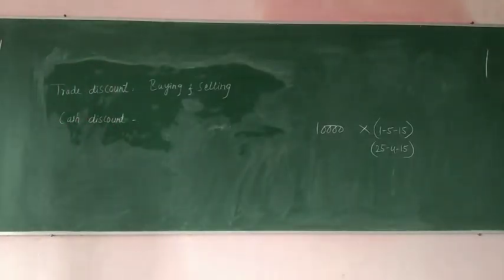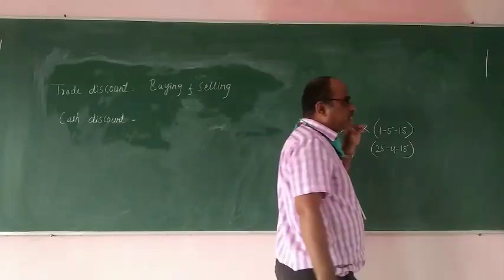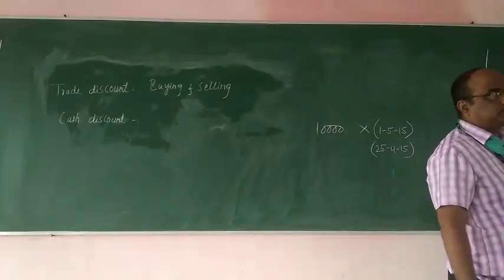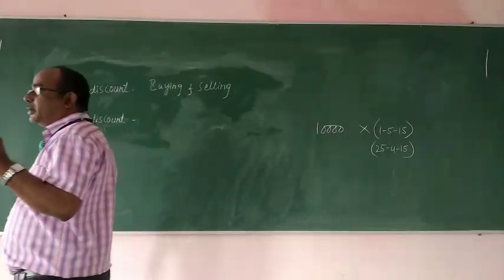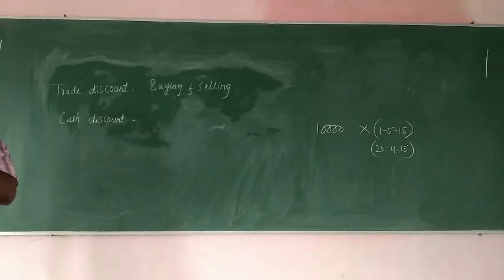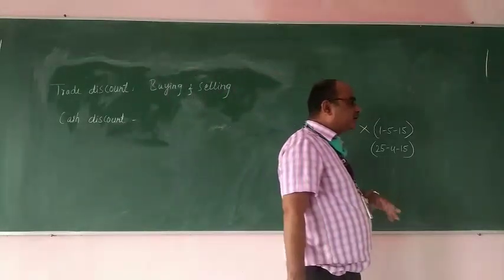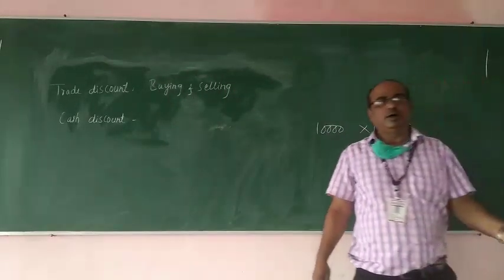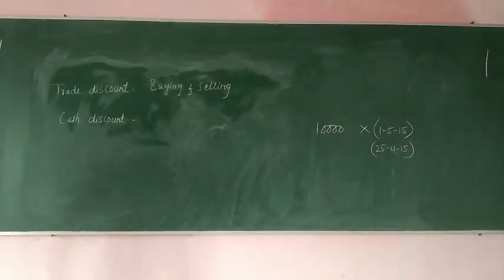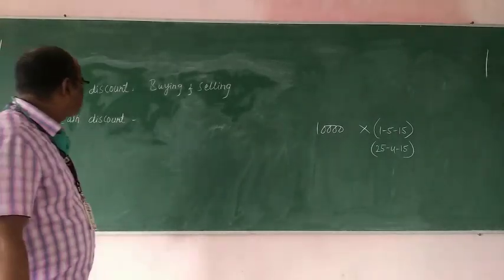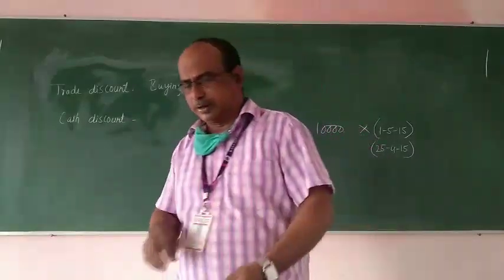Trade discount. Whereas cash discount is a discount which is allowed by the creditor, or by us to our debtor, for making the prompt payment or the payment before the due date. If the due date is in the future and your debtor is making you the early payment, you can allow some discount for that, so that you will maintain the same payment status in the future. So such discount is called as what? Cash discount. So let us see this in some transactions.